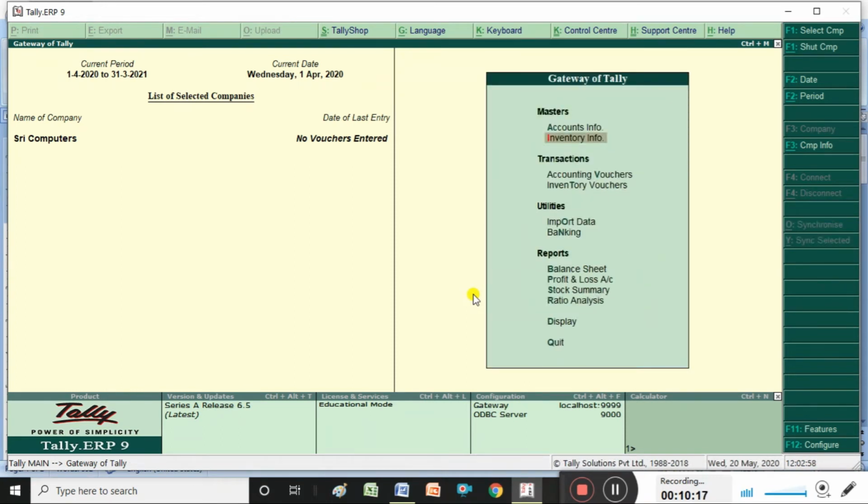Next, I am explaining how to create purchase and sales invoices in Tally. In a company we have stock items, and daily we are doing purchases and sales. We are purchasing stock items, and we are selling items. At the time of purchasing we prepare a purchase invoice. At the time of sales we want to prepare a sales invoice. How to prepare that one?